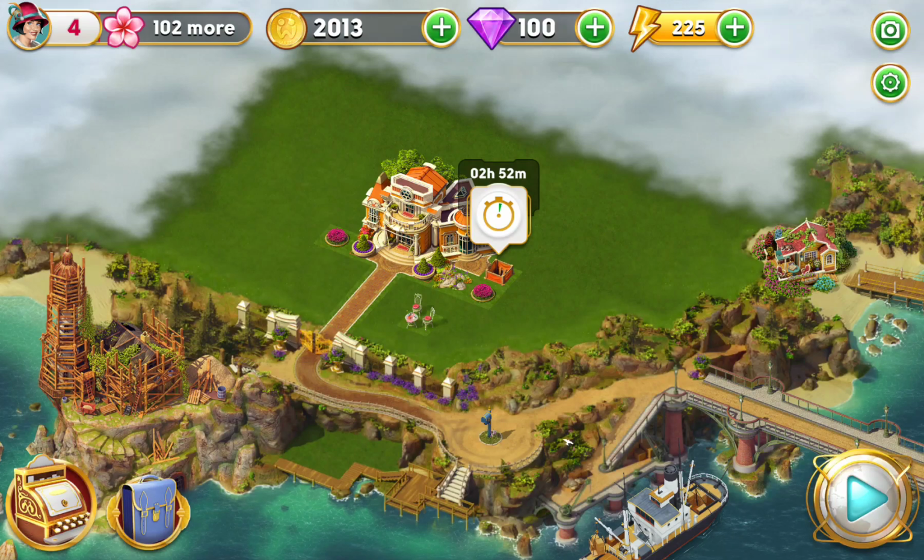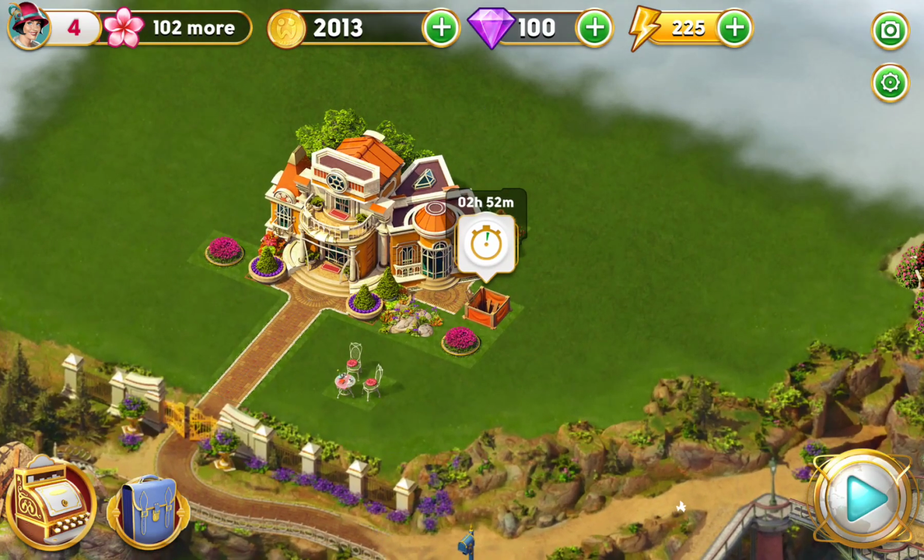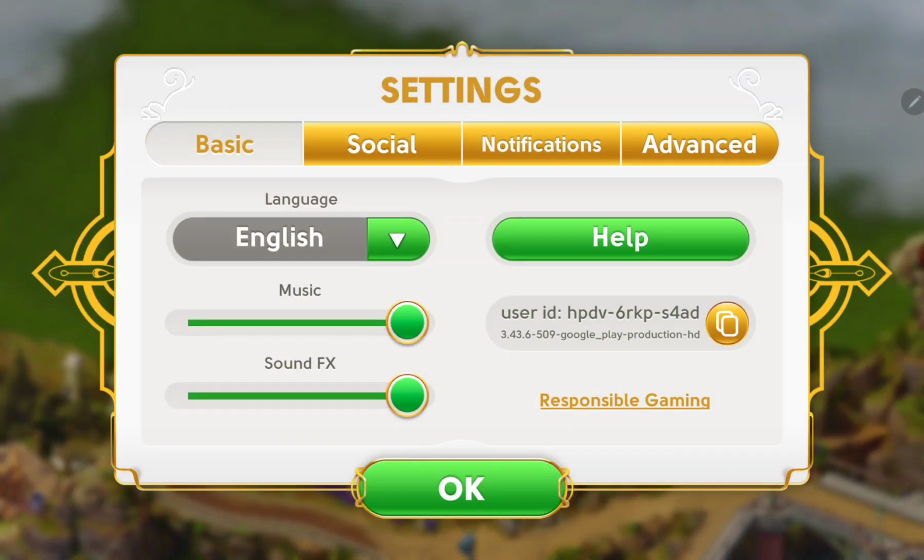First of all, open the application on your device. So that's my game, my house, and you can find different buttons in the home screen, for example the shop, your profile and others. But if you want to find different help about the game, go to the upper right corner of the screen, click the second icon, the settings, and you can find different sections: the social, basic, notifications and others. Go to the first, the basic, and you can find the second line, the help. If you want to find any help, click that button,